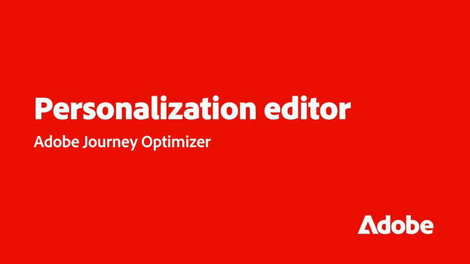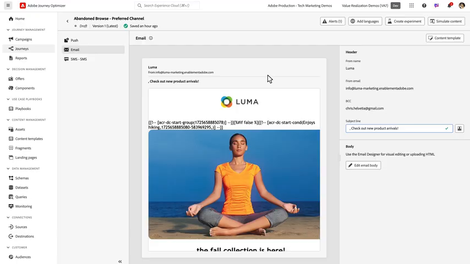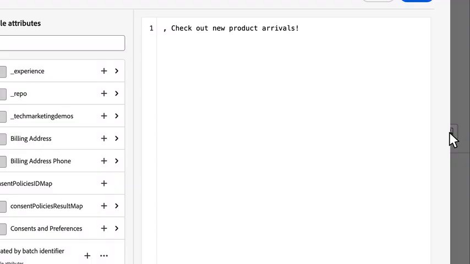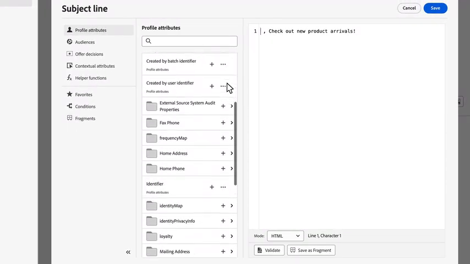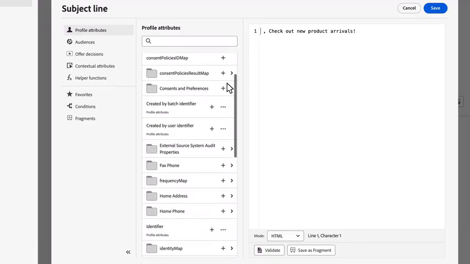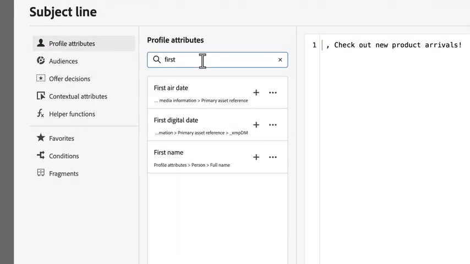Adobe Journey Optimizer sets the stage for one-to-one personalization at scale, so you can tailor your content to every customer and magnify the impact of your next campaign. The Personalization Workspace within Journey Optimizer lets you address customers based on their specific actions or inactions, integrate their names